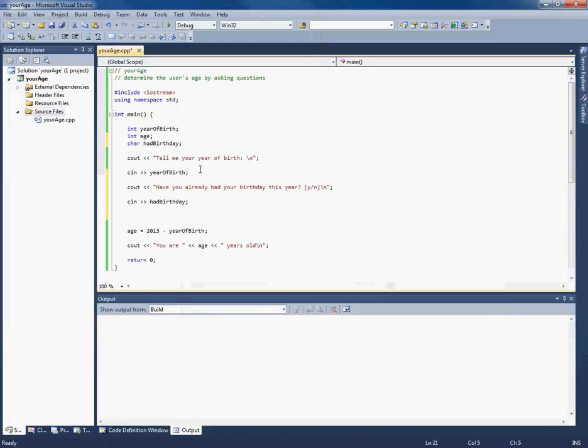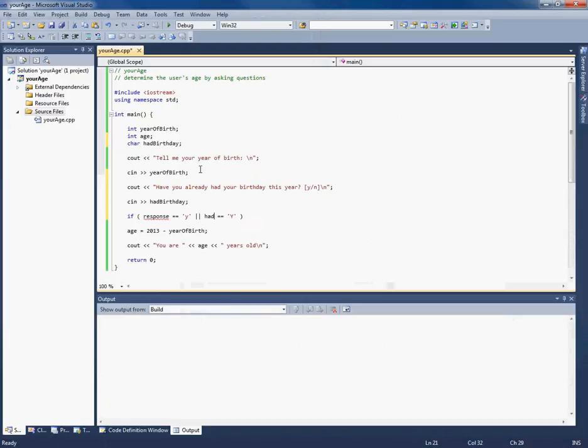So now I've got the year of birth and I've got a Y or an N for whether they've already had their birthday this year. So now I can use an if statement. So if response equals Y, and I'll catch the uppercase version as well. If response is Y or response is capital Y. Oh, I've used the wrong variable name.